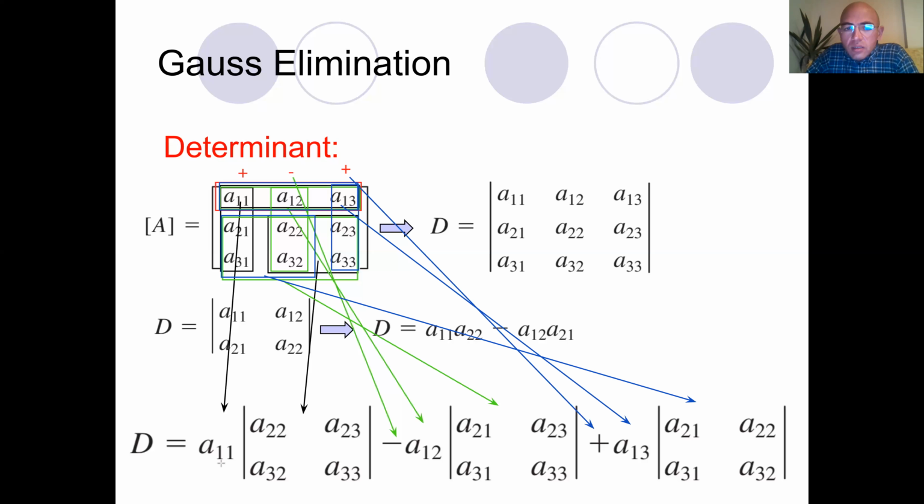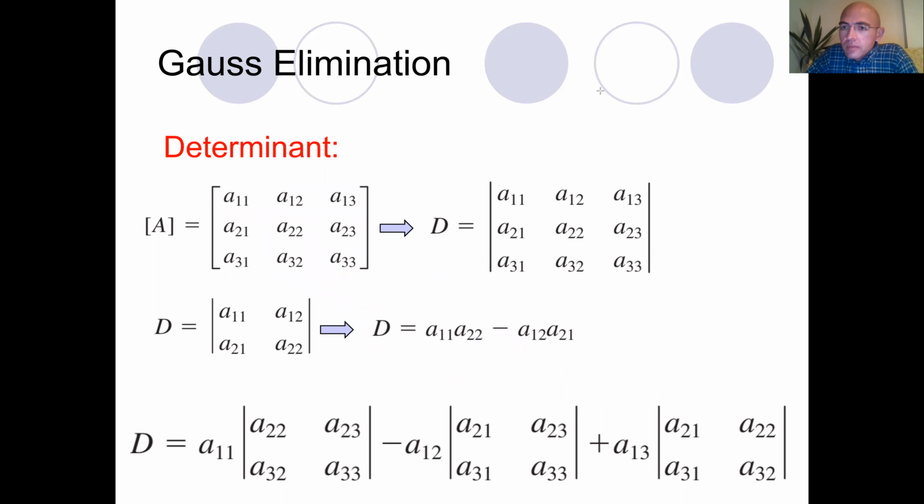So as a result, the determinant of this 3 by 3 matrix: first you take the A11, calculate the determinant of this matrix, and multiply it, minus you multiply A12 with the determinant of this matrix 2 by 2, and then you take the positive sign, and in fact you have A13, multiply it with the determinant of